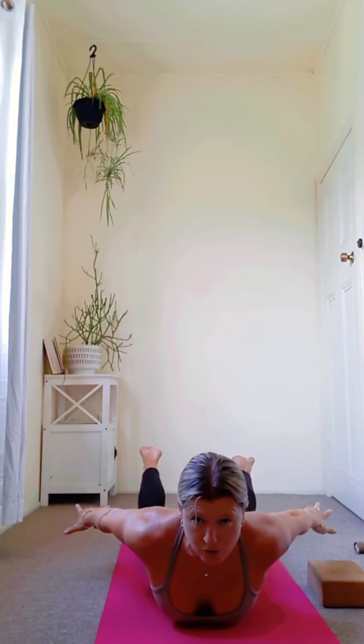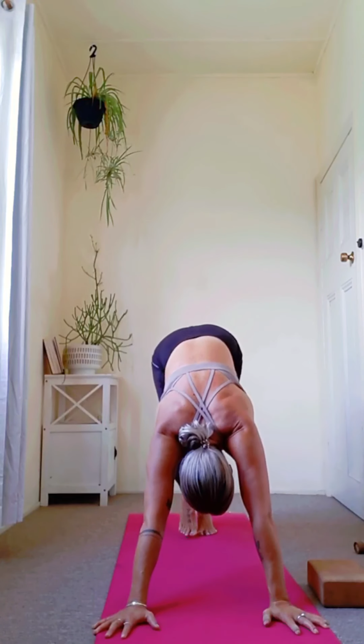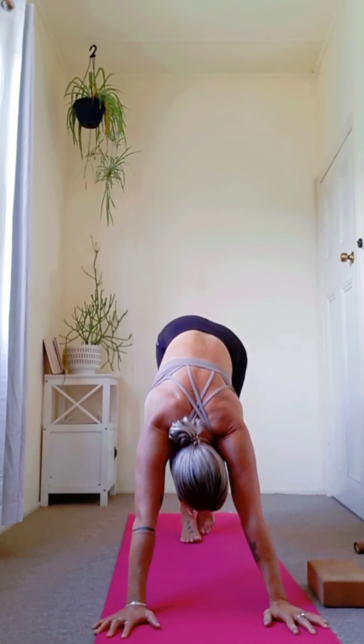Either push up to plank or back to your knees. And a downward facing dog. Breathe in. Breathe out. Do that 2 more times. Breathe in. Breathe out. Breathe in. And on your breath out, very slowly, just lift up your hips and walk your feet as slow